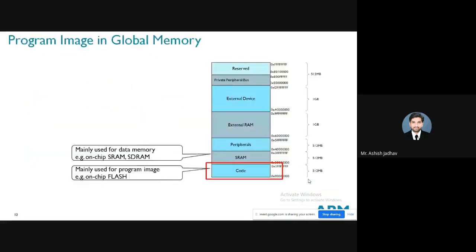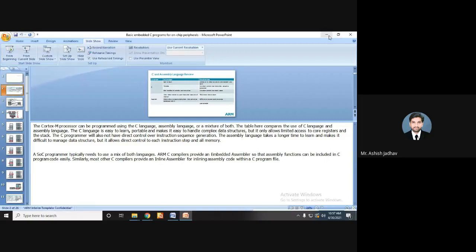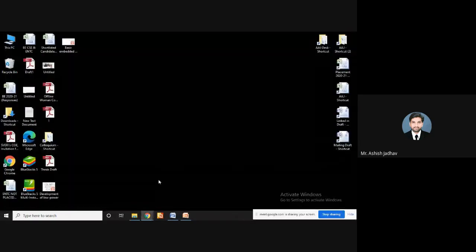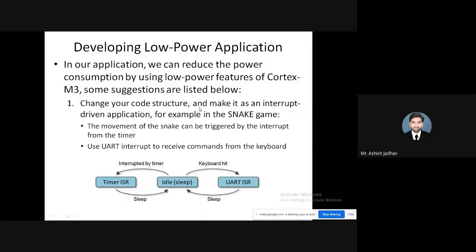Just to summarize what we have studied today, we have studied two concepts. Number one, developing low power applications.